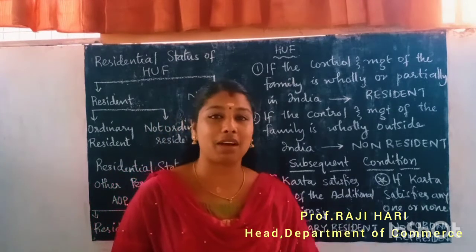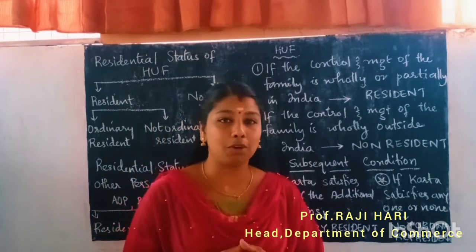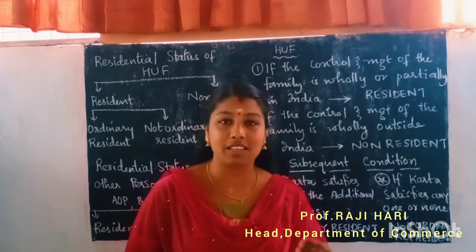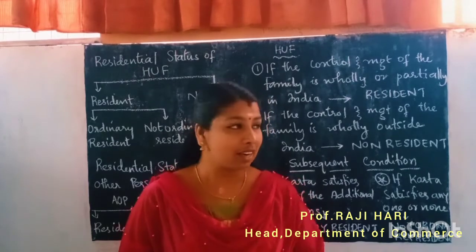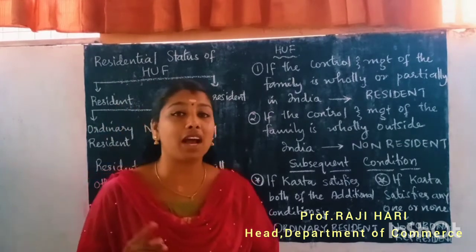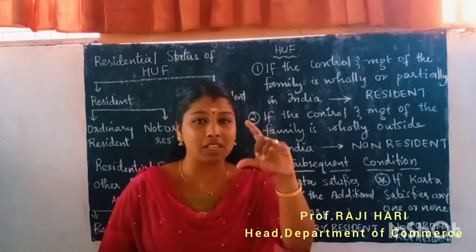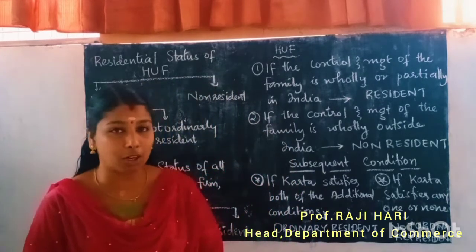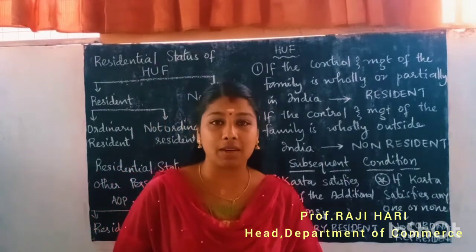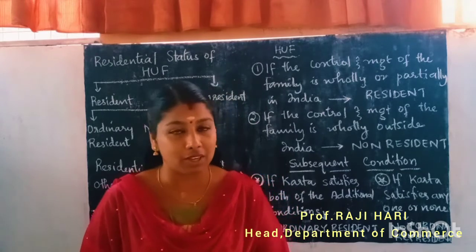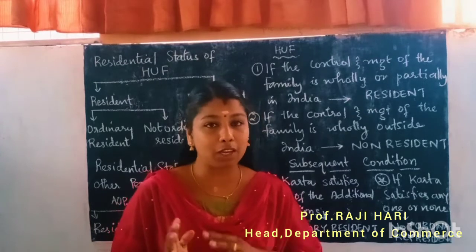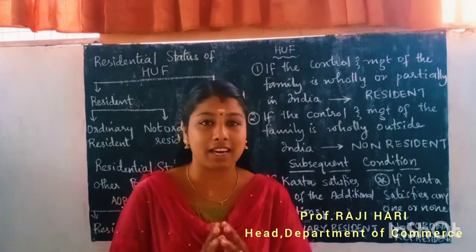And all this we have covered in our last session. And you know how to calculate the problems to determine whether an assessee is ordinary resident, not ordinarily resident or non-resident. And today I am going to take a new topic, residential status of all other persons. You know who is a person under the Income Tax Act. A person includes individual, Hindu undivided family, company, a firm, association of persons or body of individuals, local authority and every artificial juridical person.